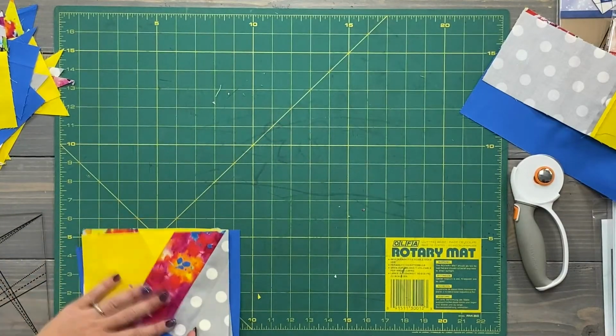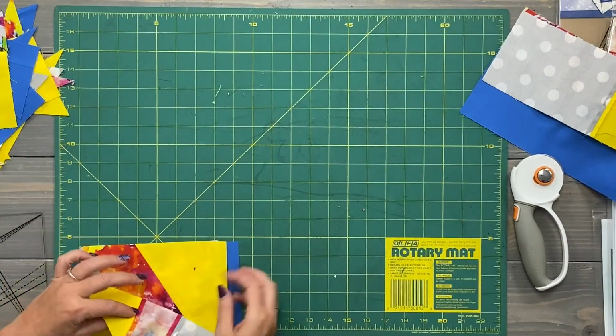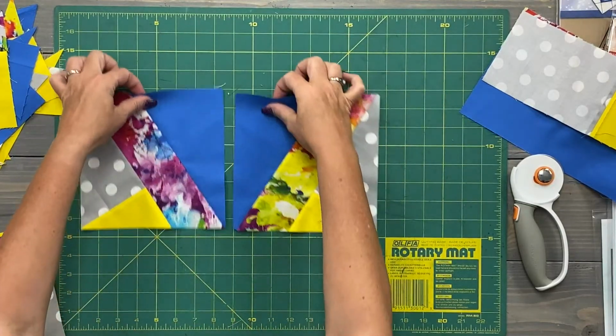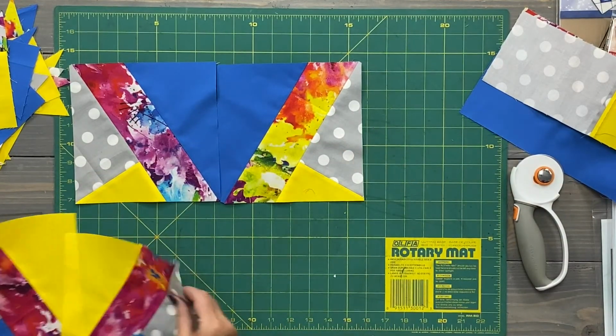Okay, so how they go together from here is when you start the row, it's going to start you with CD first. So we'll go back here and CD is going to be here. So you're going to do CD, CD, CD, CD, all the way down. Got it? Then you're going to do,